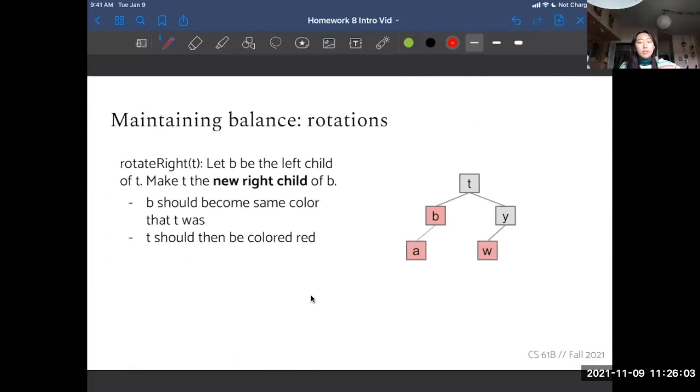Rotate right on a given node says, if we call rotate right on T, we're going to take B as the left child of T, and we will make T the new right child of B. In other words, rotating right on a node takes that node and makes it the right child of what used to be its left child. And so we can see what's essentially happening here is a sort of clockwise or right